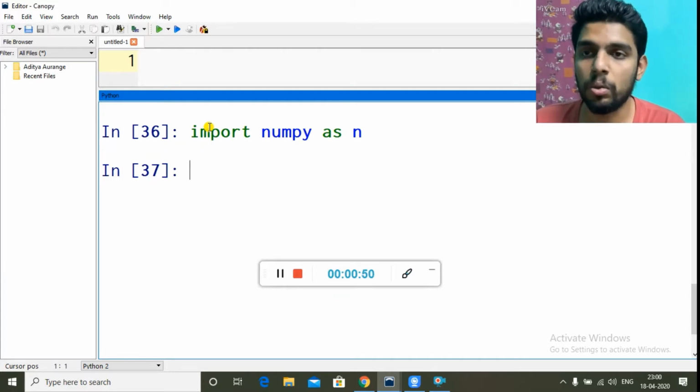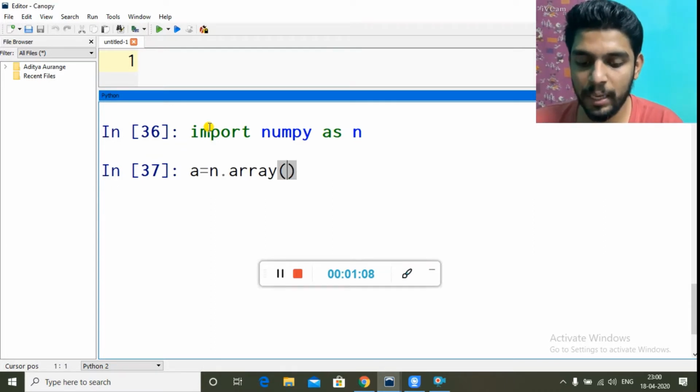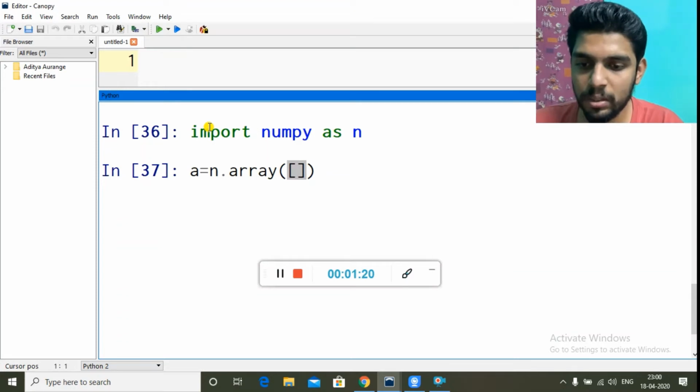Okay, so let's try to create a 2 by 2 array of all elements having 0. How can we create it manually? Let's try. a equal to n dot array, and inside we give data. So I said 2 by 2, that's a 2-dimensional array we want to create. So we will give 2-dimensional data inside. The data I'm giving as a 2D list, so one list which is a 2D list having a 1D list inside of it.